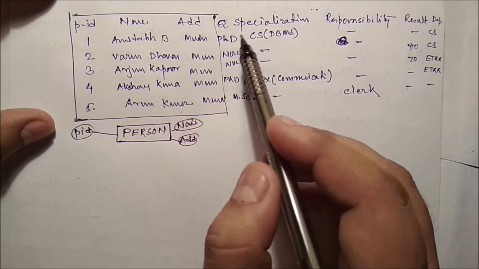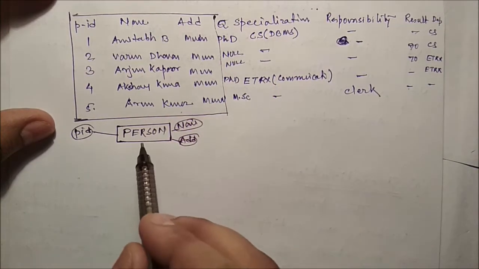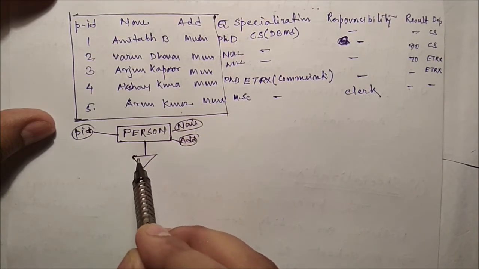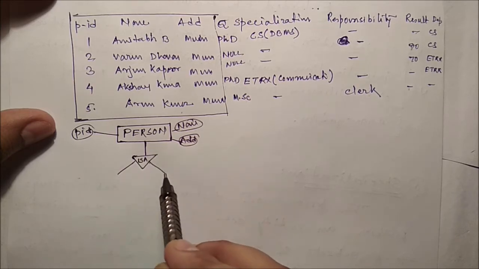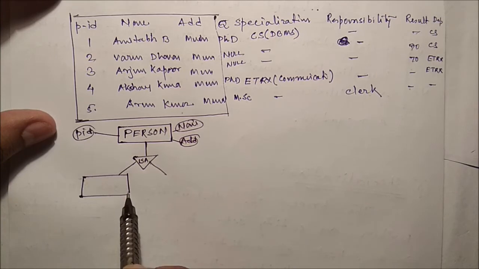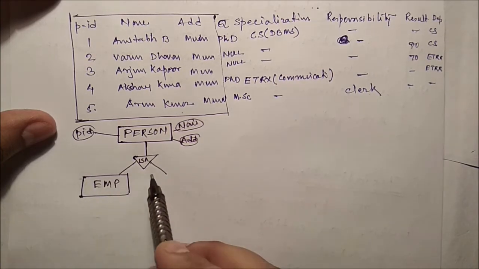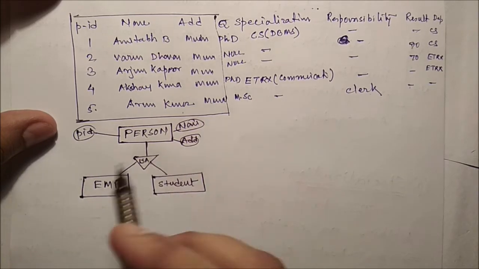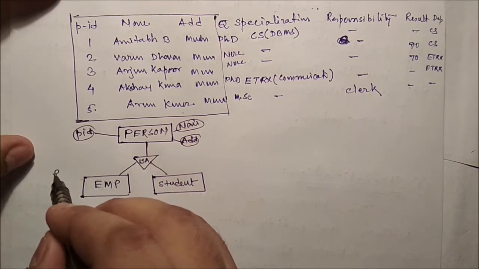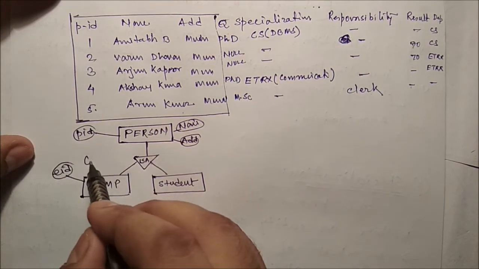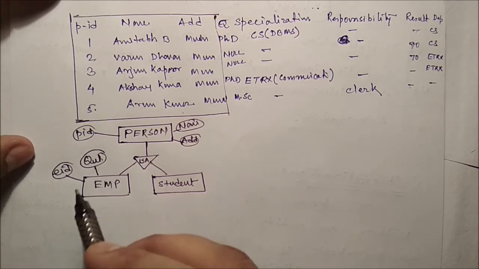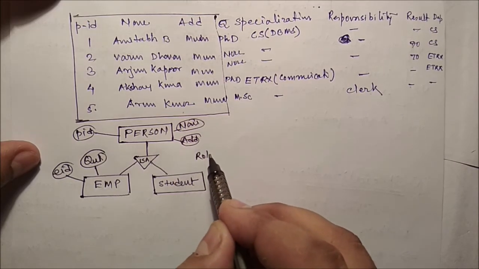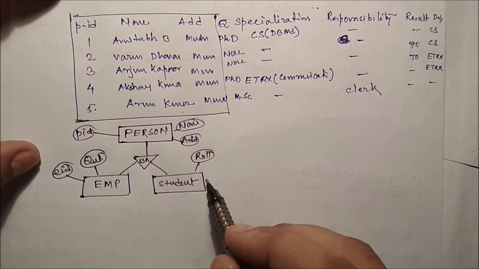Now here qualifications are there only for the employee. That means employees and students are there. So we can divide this this way. Say a person is an employee, or a student. If it is an employee, that means employee ID must be there, and qualifications are there, and only these two things are there. And if it is a student, that means roll number must be there. Are you getting this one? And say result.